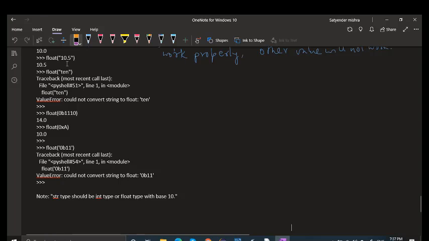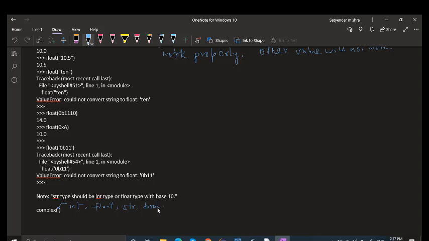Let me write it again. Complex. And here for complex, we are going to feed int, float, str and bool. So let me see how it will work.